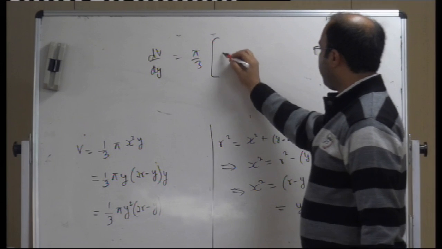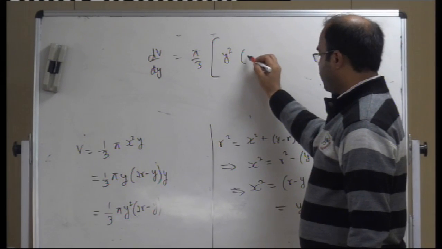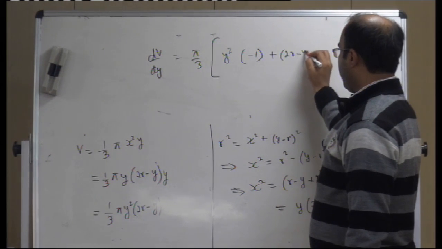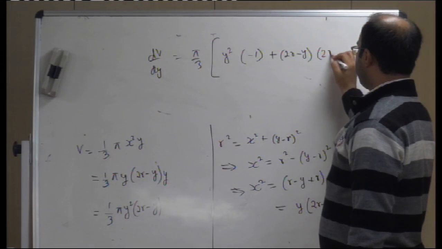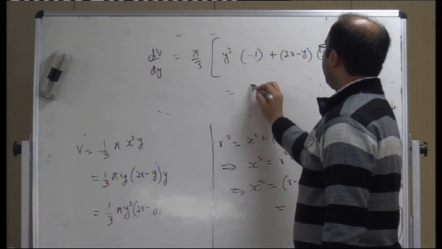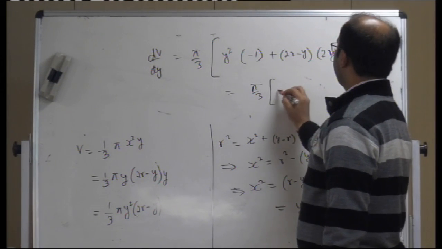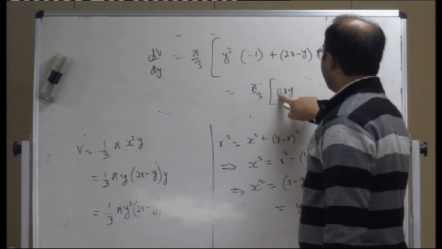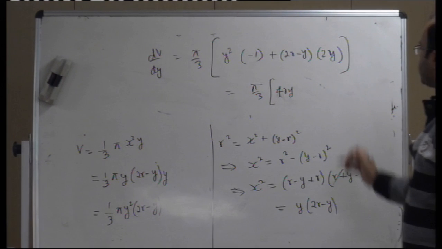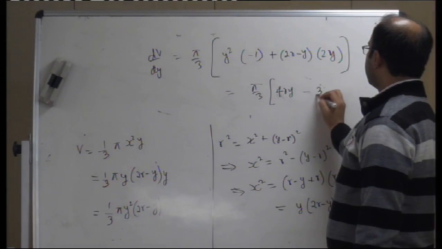This would become y square into minus 1 plus 2r minus y into 2y. This is what you will get, and then next you will write it as pi by 3, and this would become 4ry minus 2y square and minus y square, that would become minus 3y square,